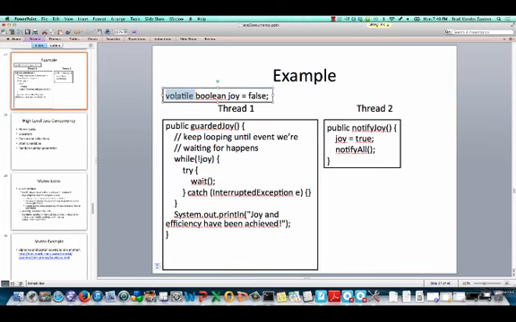Now, if this volatile were not here, then thread 1 would get a value of joy that it would keep in a register, as would the notifyJoy over here. And now we have an issue because when thread 2 modifies joy, it gets written to this register. Now notifyJoy would exit, but the problem is that the value would not be flushed,